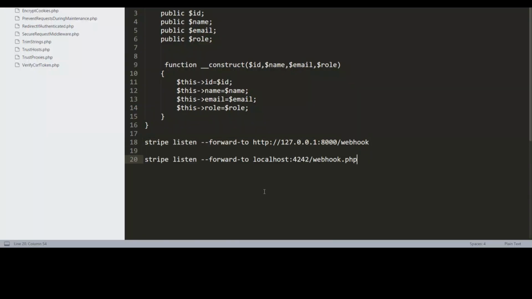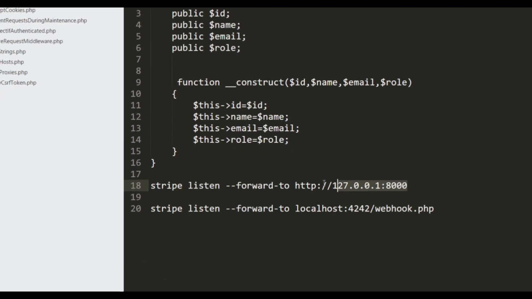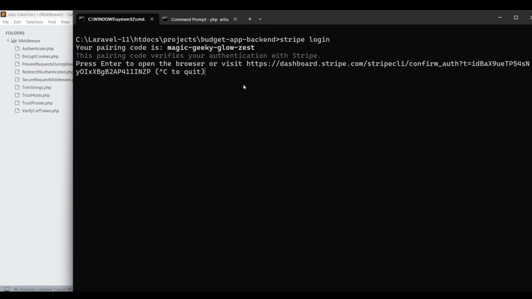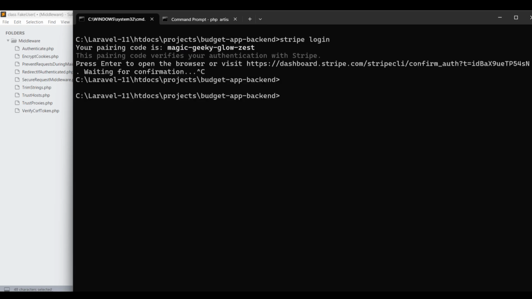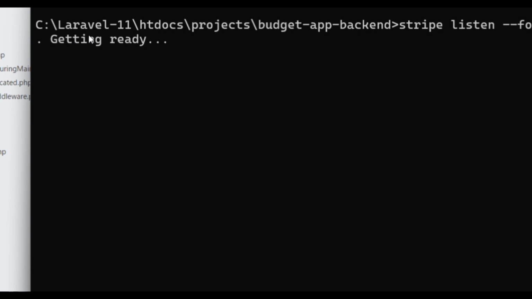You can see right here, you're going to change the path localhost 4242. You're going to pass the base URL of your Laravel project, and then we are going to remove that, and then we are going to copy this line right here, and then you're going to paste it within your command prompt. Once you hit enter, we are ready,